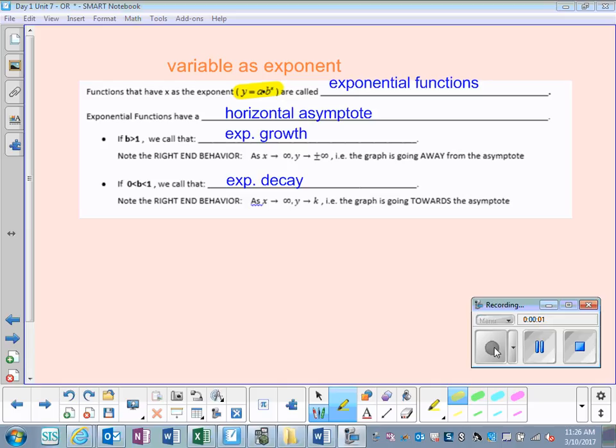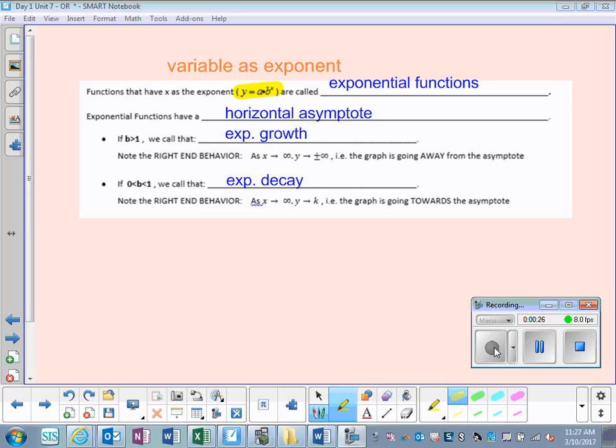The functions that have the variable in the exponent are called exponential functions. The exponential functions have horizontal asymptote. We will look at the examples. We'll see all of these. For now, just write it. So horizontal asymptotes. Now, you see the generic formula, or this is not the most generic formula, but you see